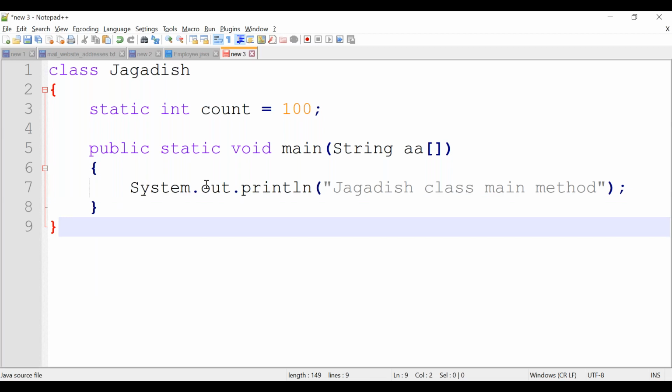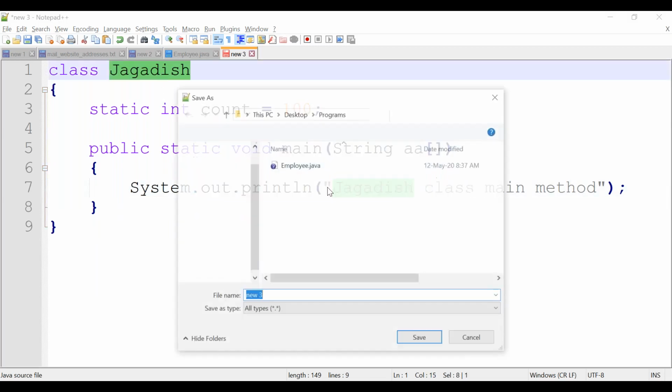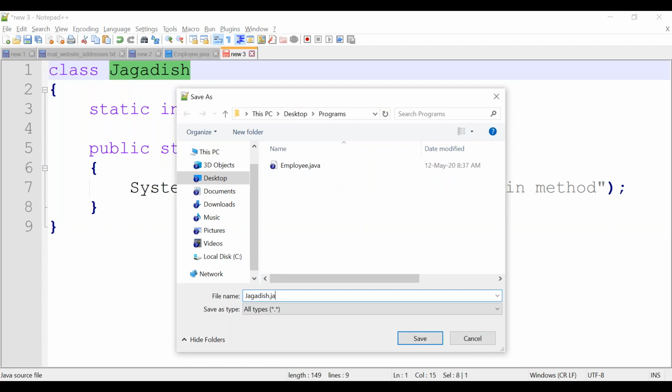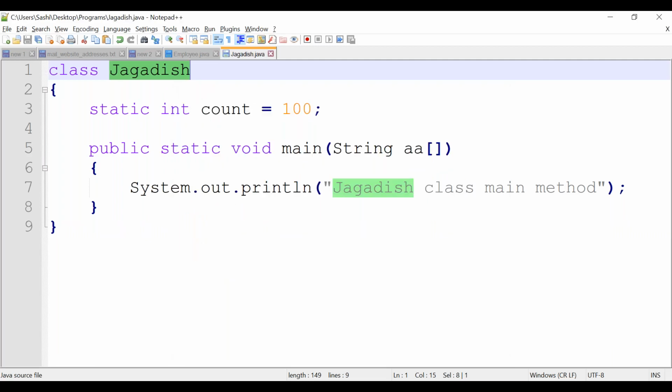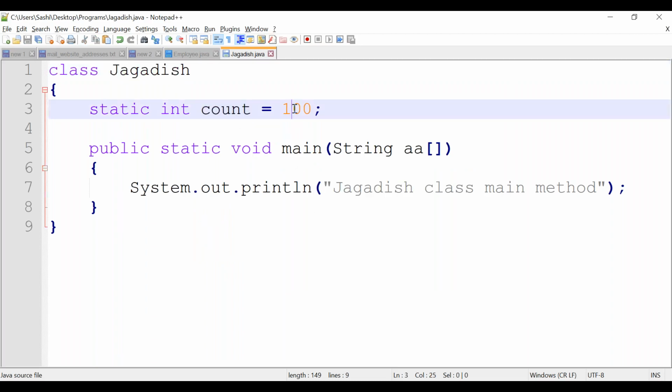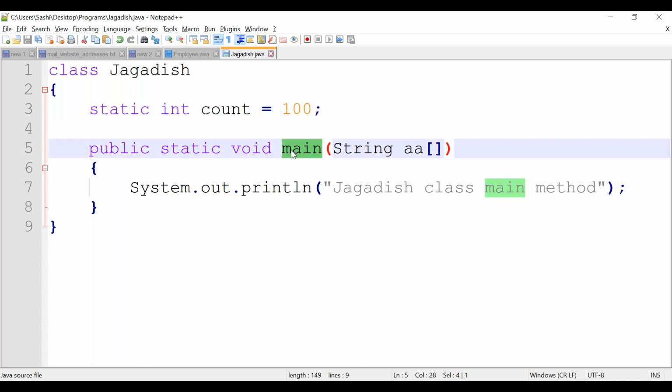I can save this class with Jagadish.java. So we know this program. Whenever we are running, the static attribute value will be initialized with 100. There is no static block here. JVM calls the main method, and the main method starts executing.